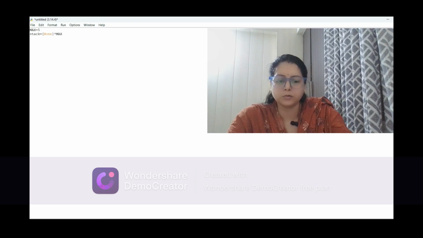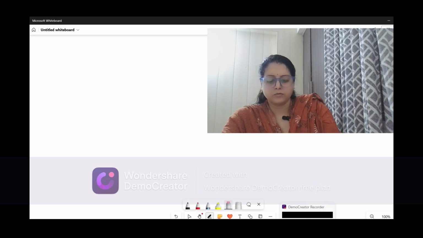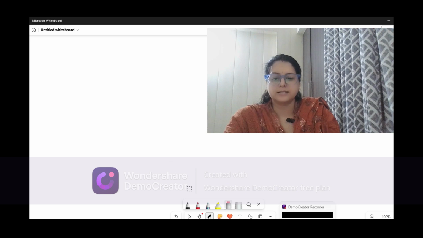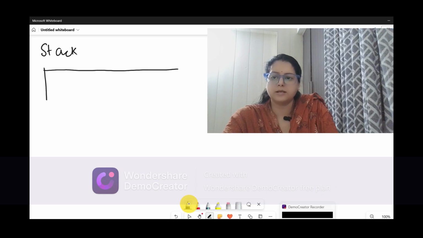So let us open the board and we will understand the structure once. Here you see, we have created a stack, and we have decided the stack size is 5. Okay, so our stack is like this only. It is of size 5, meaning 5 blocks will be there.